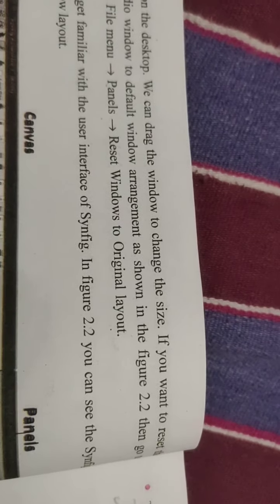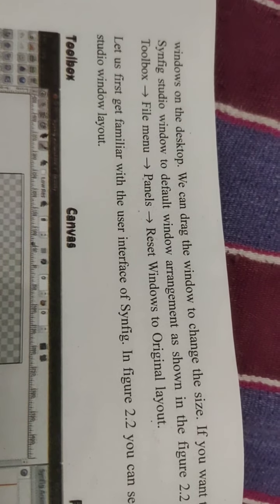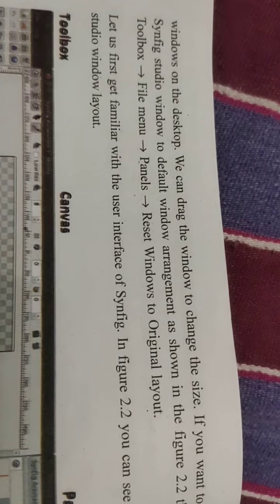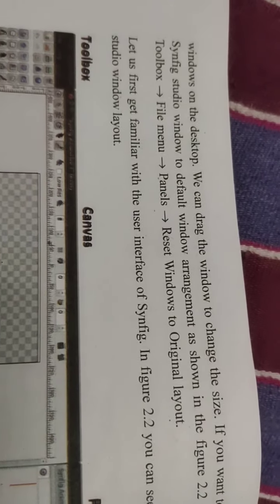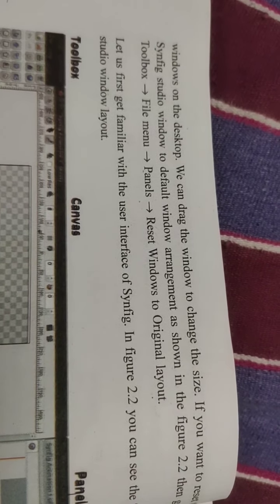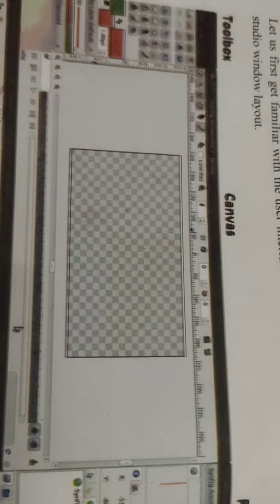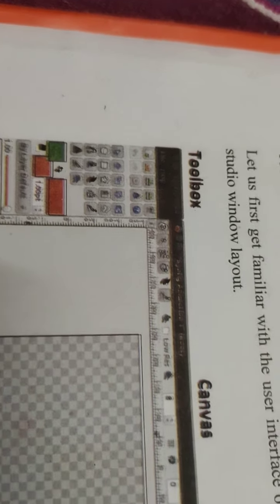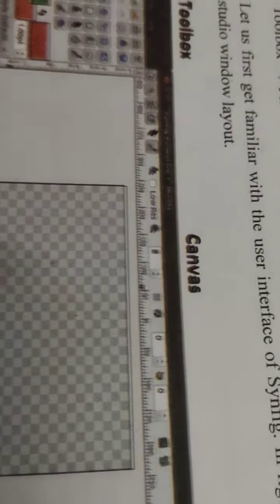If you want to reset the Synfig Studio window to the default window arrangement, go to Toolbox, then File, then Panels, then Reset Windows to Original Layout. That is the default window. You can see these are the toolboxes for save and everything in Synfig Studio. This is our canvas for having the perfect video or images, and this is the panel.